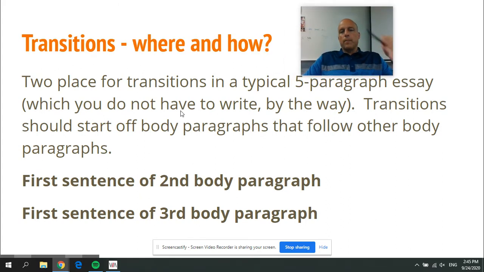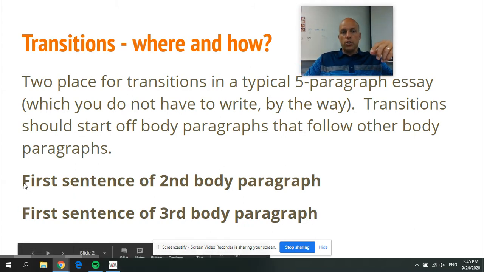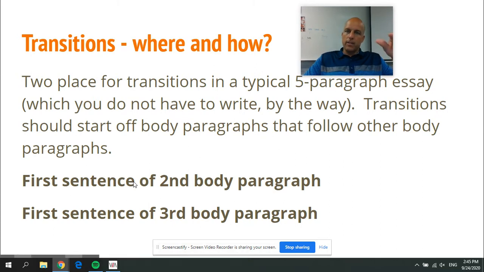You can see, and again, I've talked to you about not necessarily doing a 5-paragraph essay, that you can have some freedom with that. But here's where the transitions go and how they should look. First, a sentence. I'd want them at the start of the paragraph, not tagged onto the back end of the previous paragraph. So the start of future paragraphs is where the transition should go. Like if you had a typical 5-paragraph essay, it'd be the first sentence of the second body paragraph and the first sentence of the third body paragraph. The first body paragraph would be after the thesis and wouldn't really need a transition. Again, you do not need to write a typical 5-paragraph essay for this response.